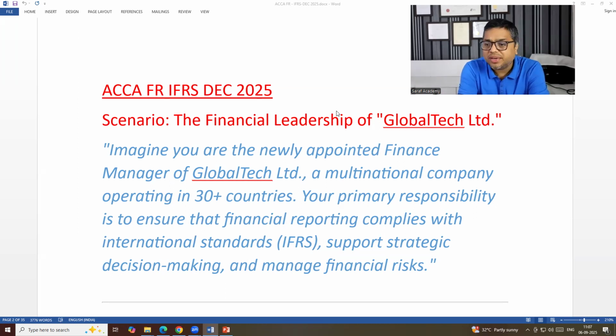Obviously, all the financial statements are prepared with software. Like in India, in small organizations, we are using Tally. And in bigger organizations, they have their own ERP system. So in any accounting software package, we are able to prepare very fast what we will not be able to do in the exam.